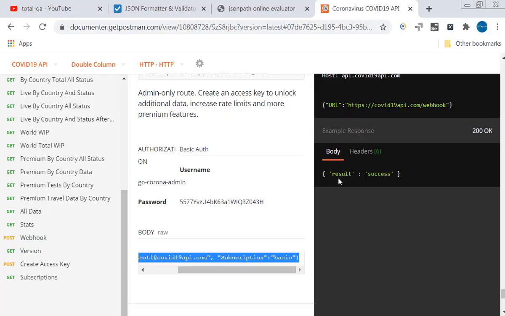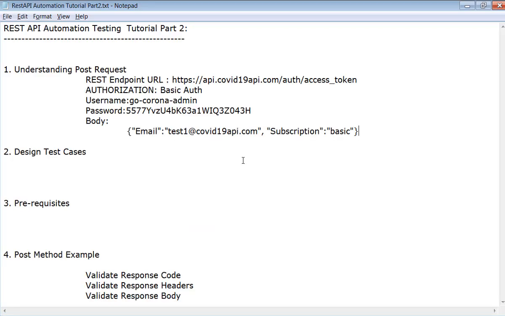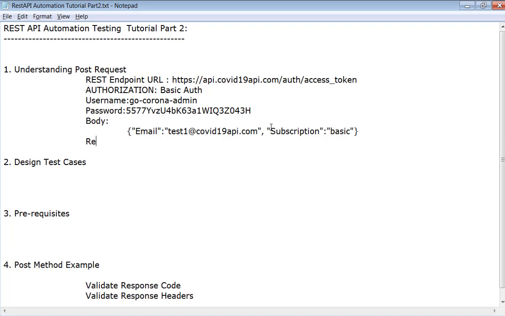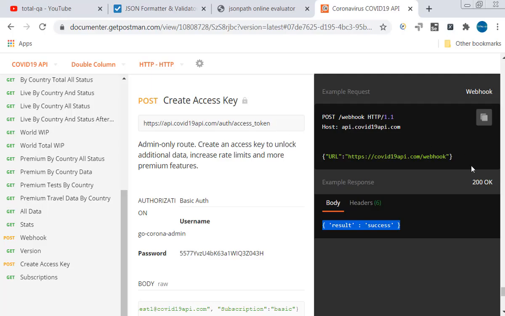Finally we get this as a response, and we also get the response code as 200.